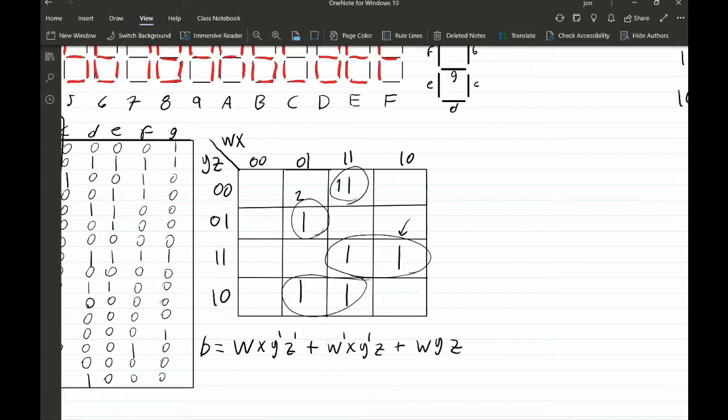And so let's explain why it's only 3 variables for this one. It's because if you look at x here, it's both on and off. So it could be either one. Therefore, the minimum expression for this is just going to be the w, which is 1 for both cases, and then the yz, which is 1, 1 for both cases. So that's how we choose our expressions. So what you want to look at basically is the variable that stays the same, whether it's a 0 or a 1. So now we move on to the last circle,